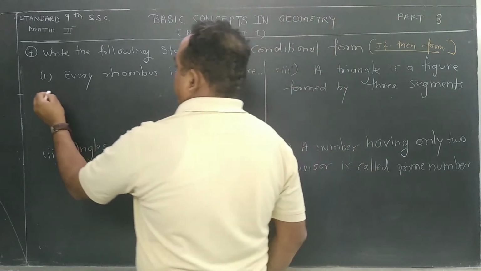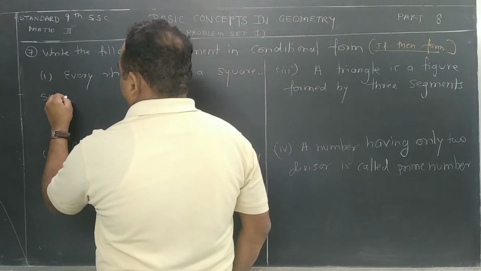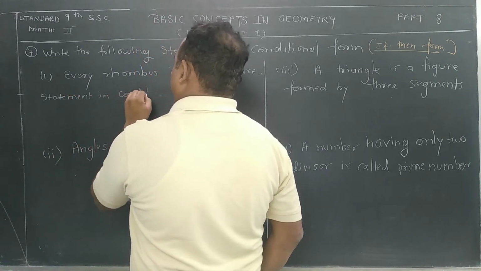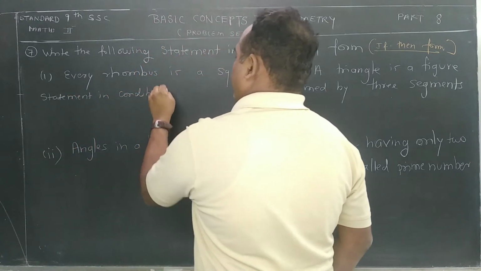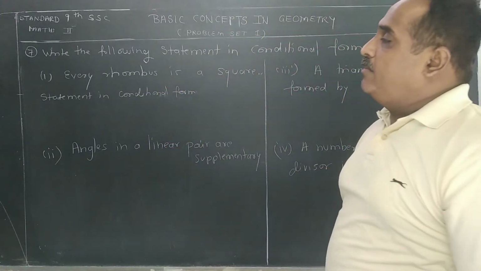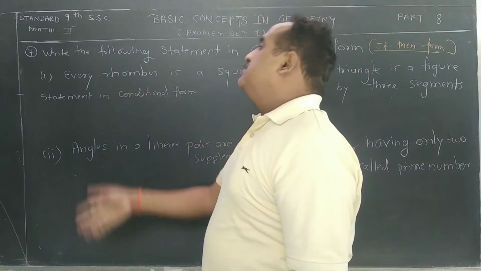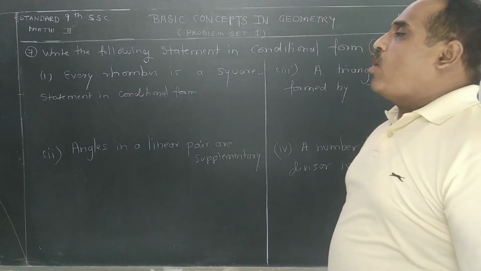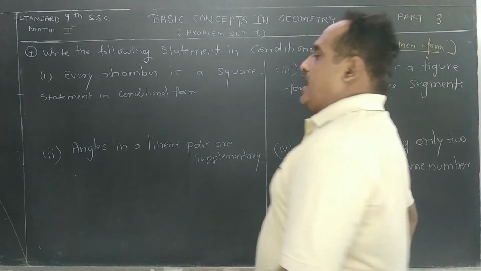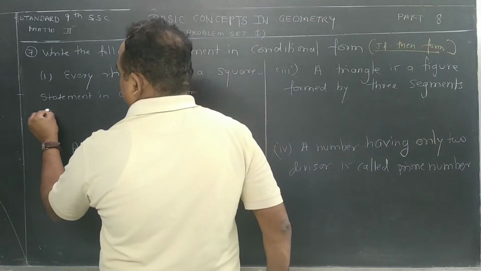Statement in conditional form. What is the statement? Every rhombus is a quadrilateral. Okay, so given, I can write if